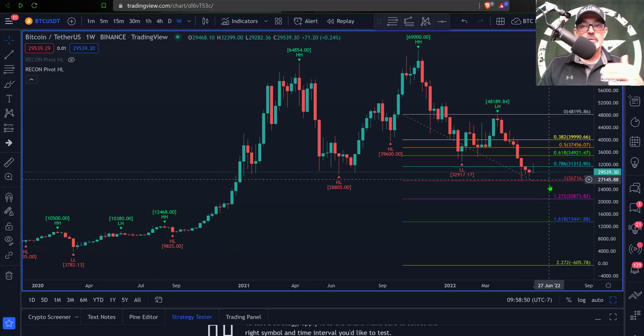Now, my next level would probably be your dump level, and that's going to be around the 1272 level, and that's coming in at 20,873. Let's call it 21,000. So the dip would be 27,000. The dump would be 21,000, and then the crash level would probably be down here around the 1618 level, and that's coming in at just around